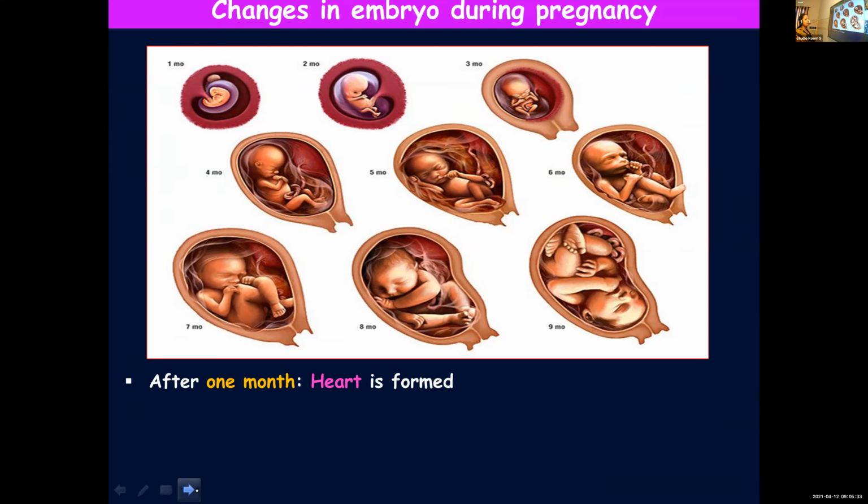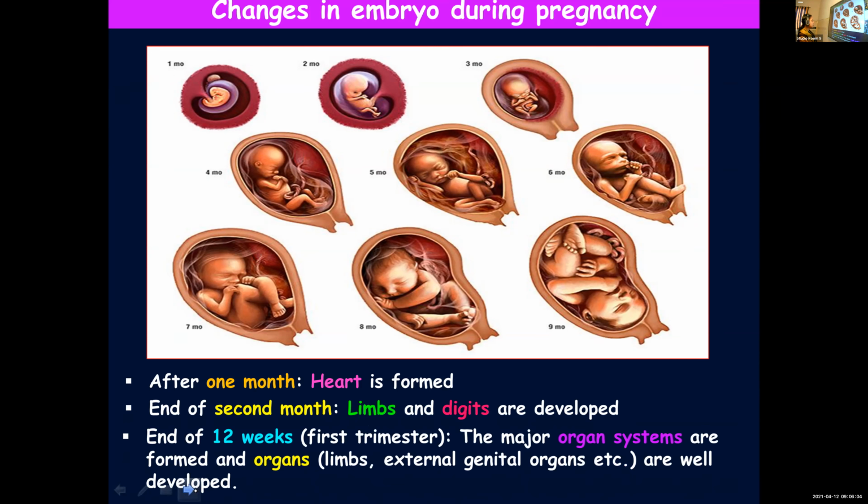And when pregnant ladies go near the doctor, they make them hear the heartbeat of the fetus inside the womb, because the heart is formed after 1 month. And at the end of the 2nd month, limbs and digits will be properly developed. You can see in the first figure, you can't make out any limbs and digits, but in the 2nd month, all these will be developed.